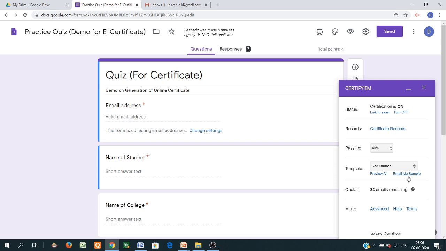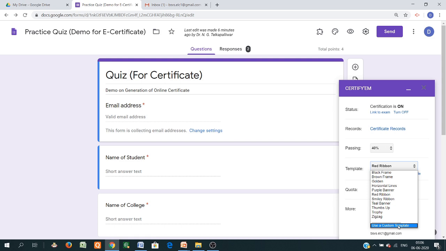But this is not very useful, so let's go to the custom template now. Just click here on template. There is an option called use a custom template. Custom template means you create your own certificate, whatever you want to add, images, logo, college or institution, signature of the different administrators, whether it is the officiating person, principal or any other person, convener, program coordinator, etc. You can create and add the signature also.